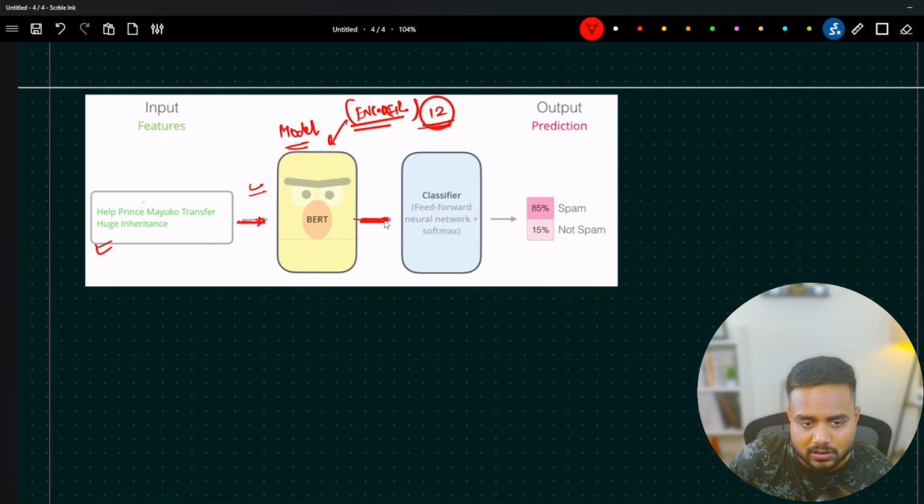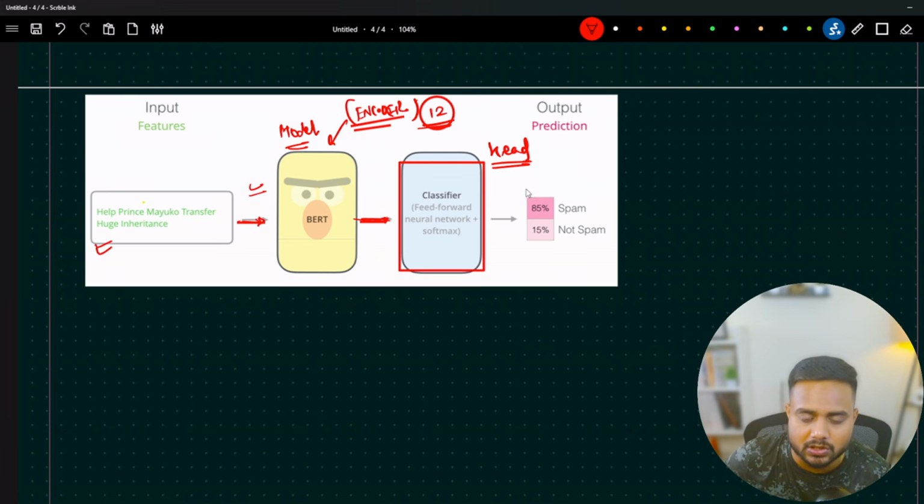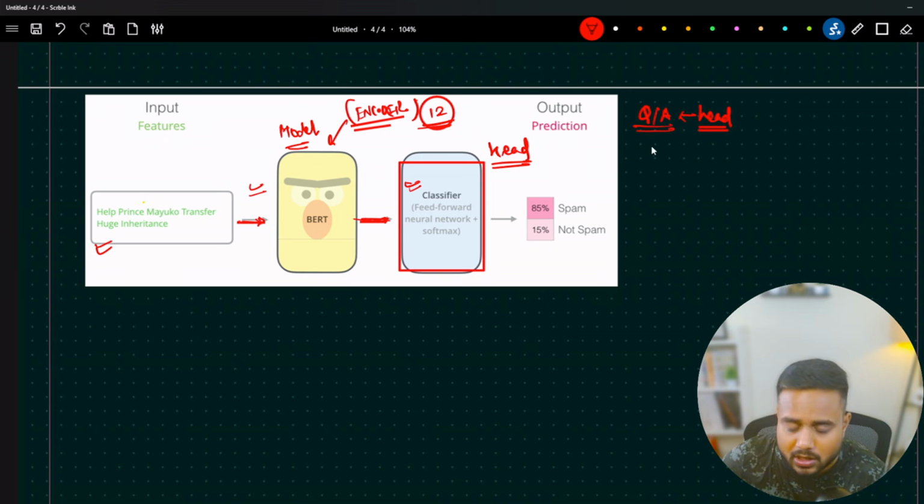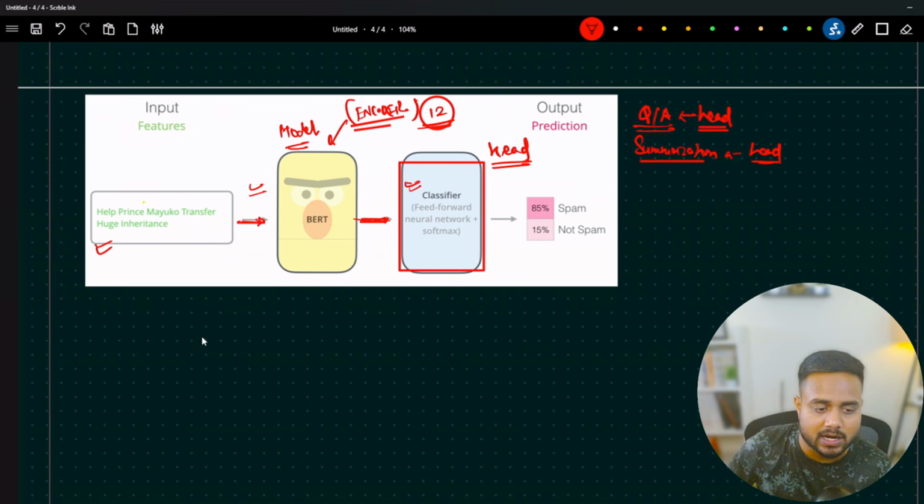After that, there will be a head. For classification there will be a different head. For QA, question answering, there will be a different head on top of this encoder. For summarization there will be a different head. Now, this head is nothing but